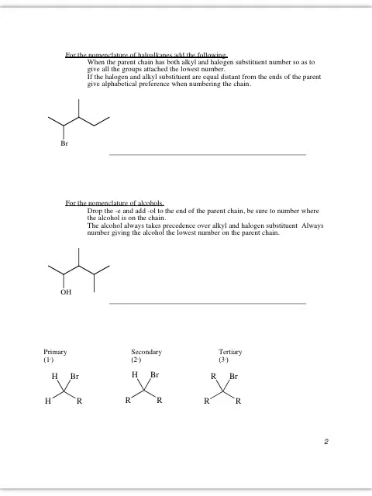Okay, so on the first one, we see that the longest carbon chain are these 5 carbons. So off of it, we have a bromine on carbon 2 and a methyl on carbon 3 if we number this way. So that's the lowest possible number. So it's going to be a 2-bromo, 3-methyl